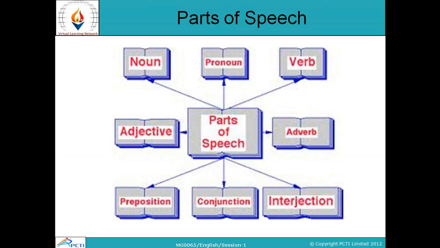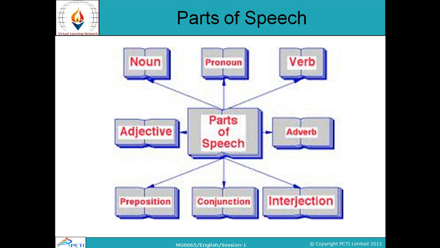Although English has hundreds of thousands of words, everyone can be placed into at least one of the 8 groups or classifications, and the system of classifying words based on their function is known as the parts of speech. अब English में बहुत ज़्यादा words हैं, लेकिन हर एक word इन 8 parts of speech के बीच में आ जाता है according to their function, and that is why they are known as parts of speech. हमारे 8 पार्ट्स ऑफ स्पीच होते हैं जो हम ऑलरेडी जानते हैं.